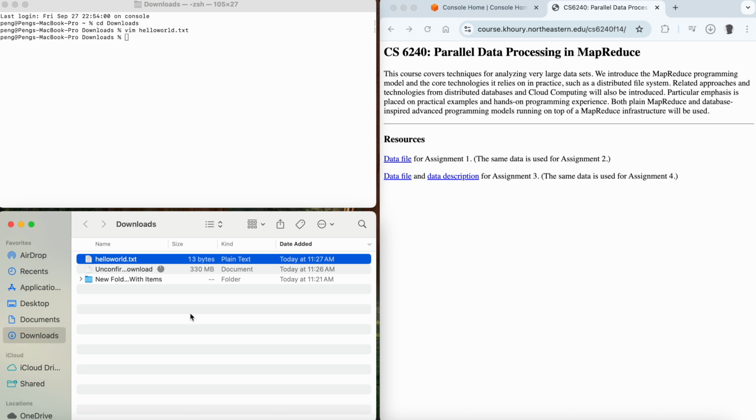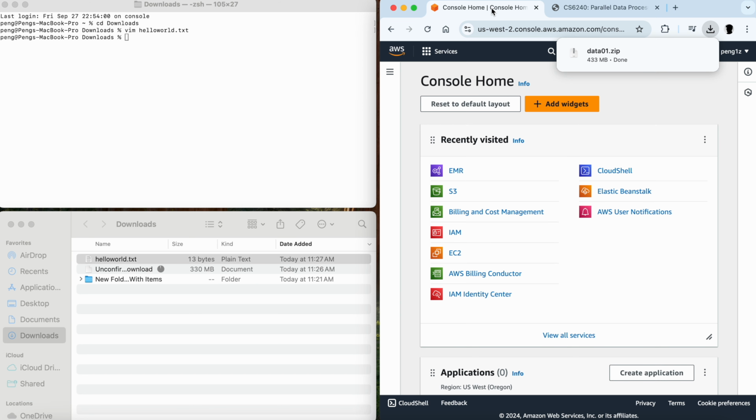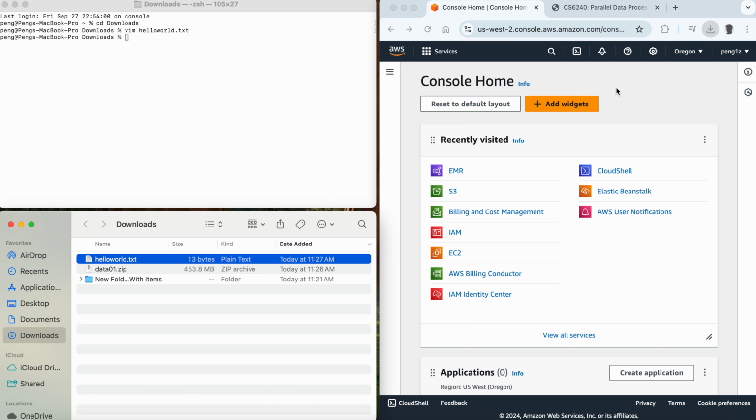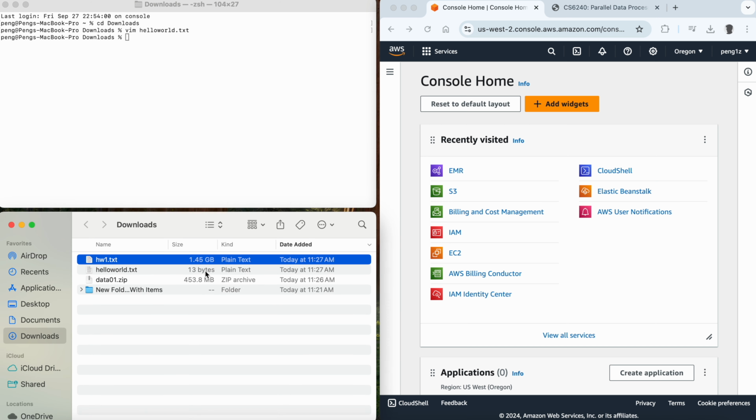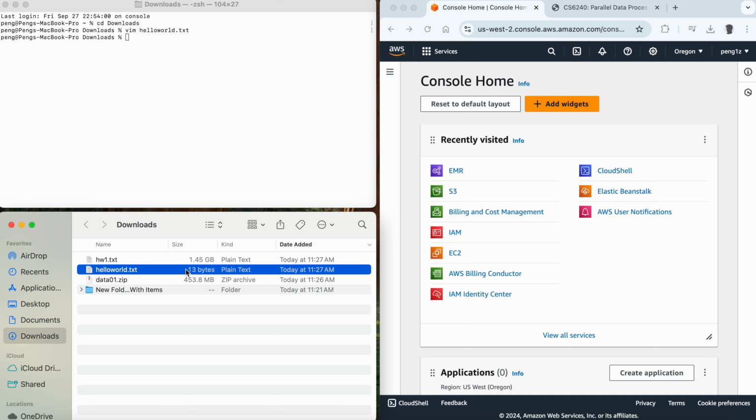it is too large. And in the meantime, okay, so it is downloaded, so we can unzip it. It is about 1.5 gigabyte text file, which is quite large. As you can see, our hello world text file is only 13 bytes. And coming back to AWS console,